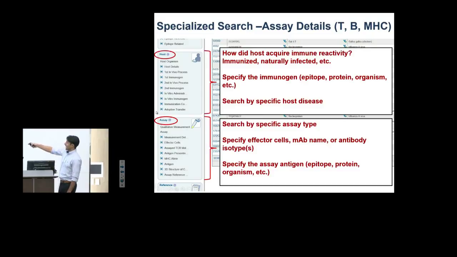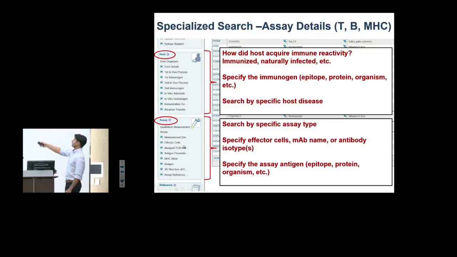Similarly, down below in the assay, these are the fields that enable you to sort of specify, for example, effector cell phenotypes, antibody isotypes, things that, again, are not available on the home page search, because, again, that's a very streamlined, boiled down version of what we think are the kind of the major inlet to the database. But certainly these are very useful